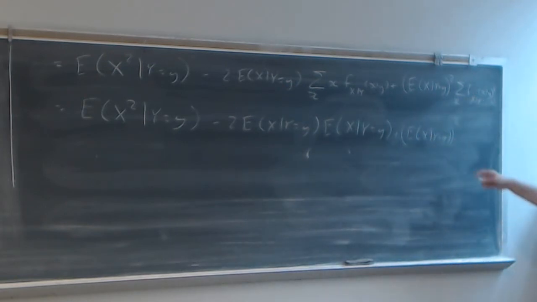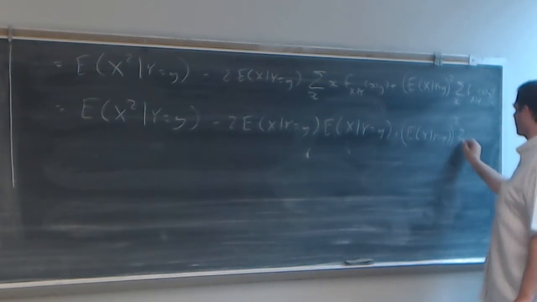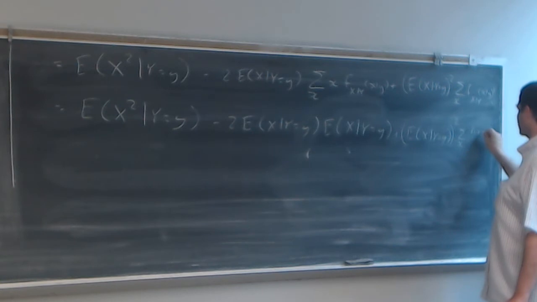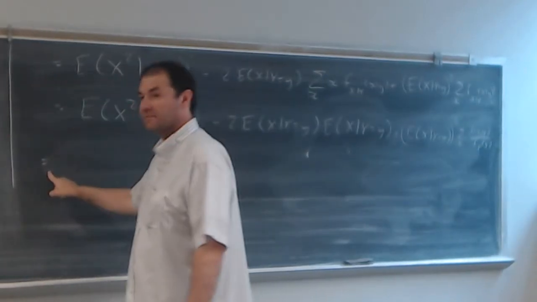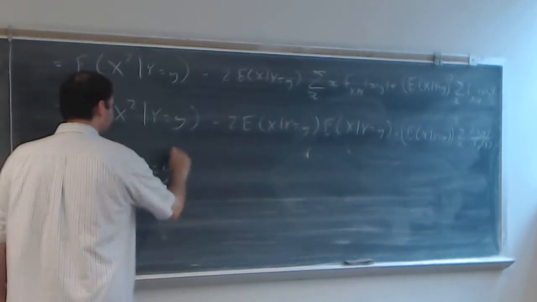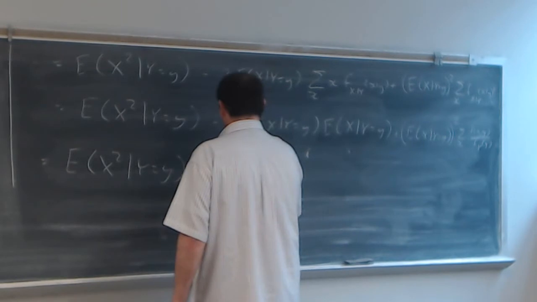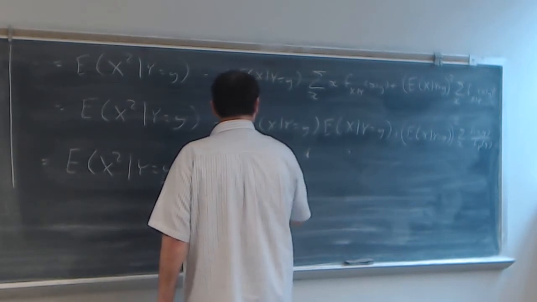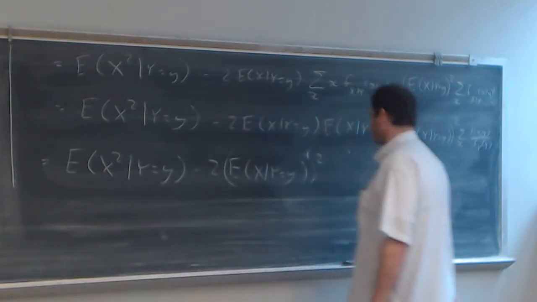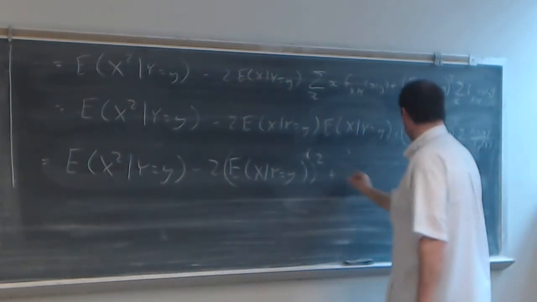And then lastly, this sum, I'm going to say, is the sum over all x's. Here, this is nothing more than f of x comma y over f sub y of y. Remember that. This first part I'm leaving alone. Write it down. Here, this is 2, and then we have the conditional expectation of x given y, multiplied by itself, so that's the squared. Here, this is plus,